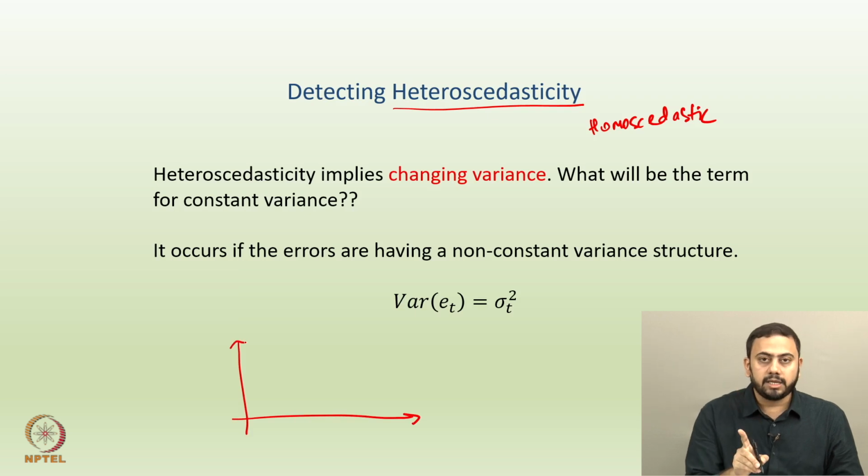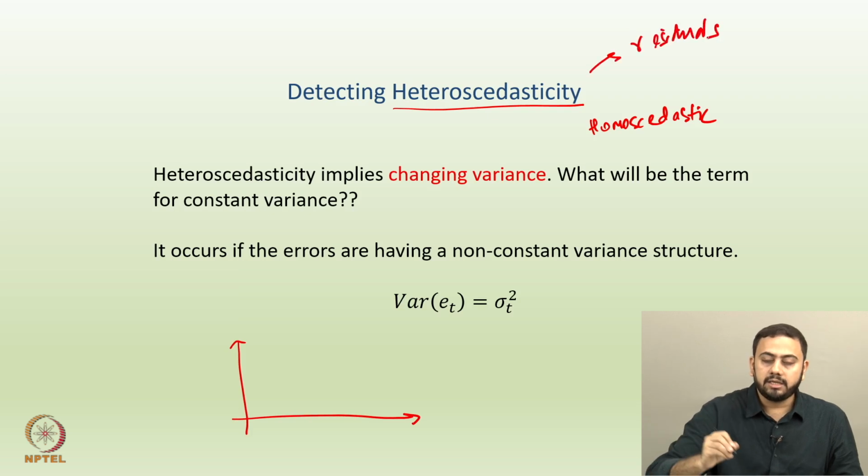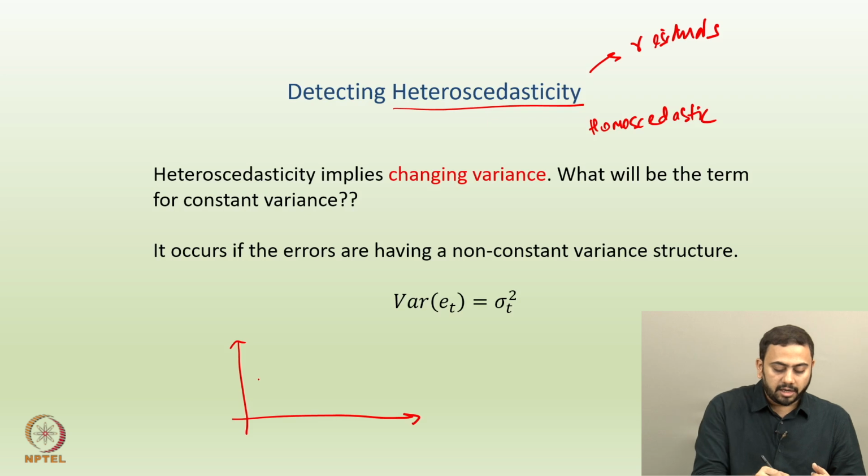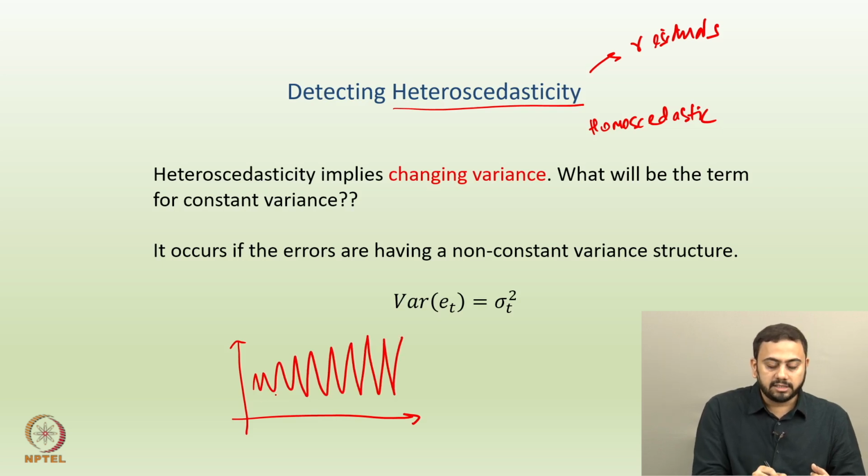Okay. Now again, just to remind all of you, we are detecting heteroscedasticity for the residuals only, right. So here we are not concerned about the changing variance which is seen in the actual time series process. But let us say you fit the process using some model, then you get hold of the residuals, and then all these diagnostic checks have to be applied on the residual data. Okay, now let us say for some reason the residuals are behaving something like this. So here clearly we are seeing a changing variance pattern, because initially the variance is small in this region, and then as you go down the timeline the variance is increasing. So here you see a fanning out kind of a pattern, right.